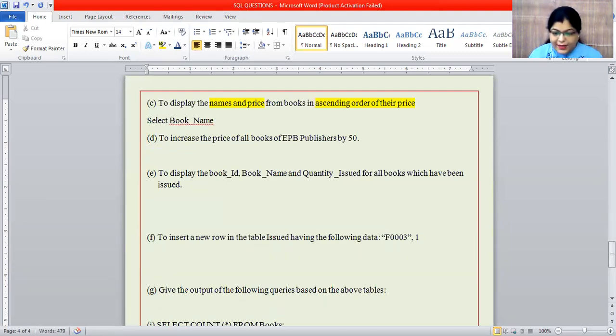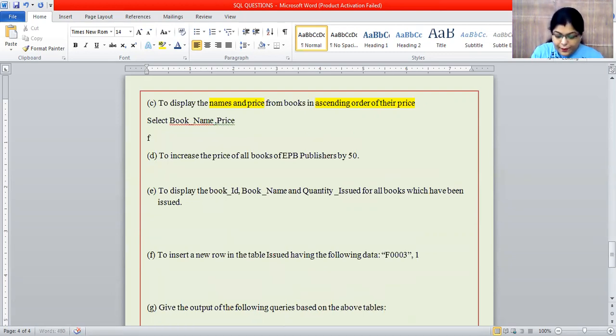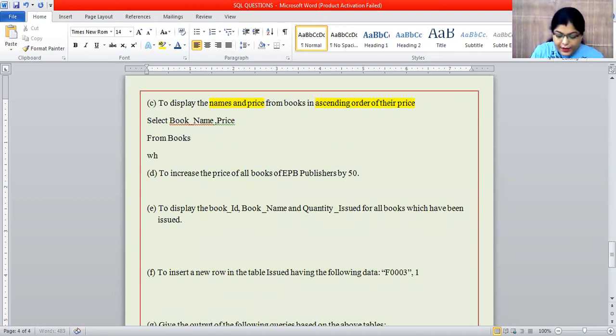So select book underscore name, comma, price from books. So what is the condition? Where. Here no condition is given, so here you only have to do ascending or descending by the clause. So order by price. If it comes as descending, as I already told you, you have to write DESC.